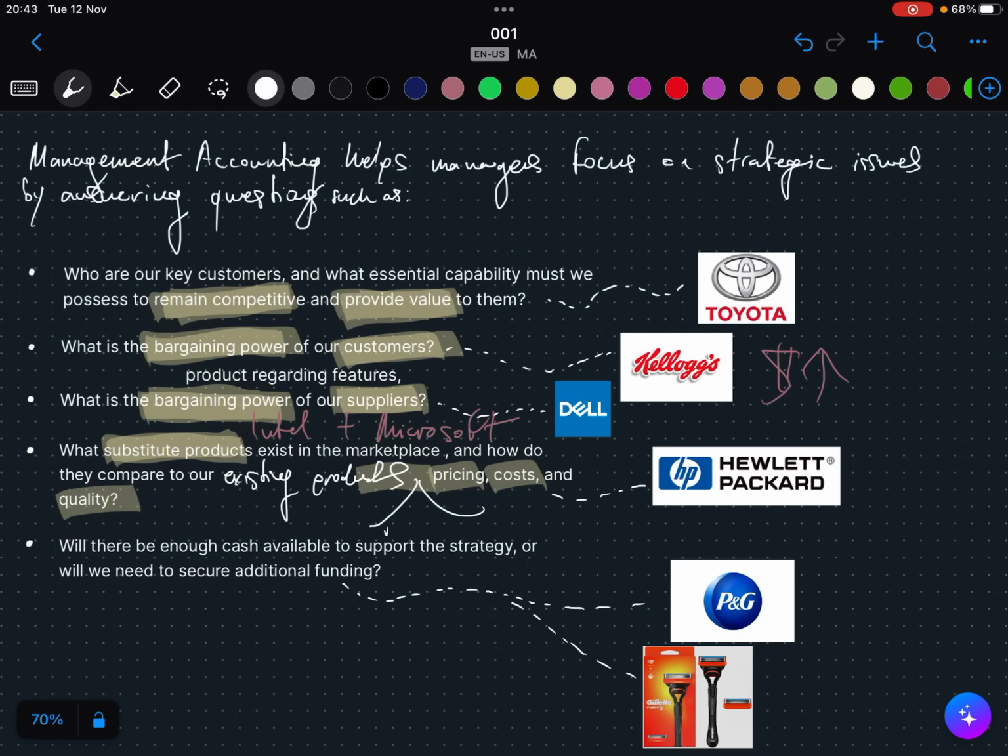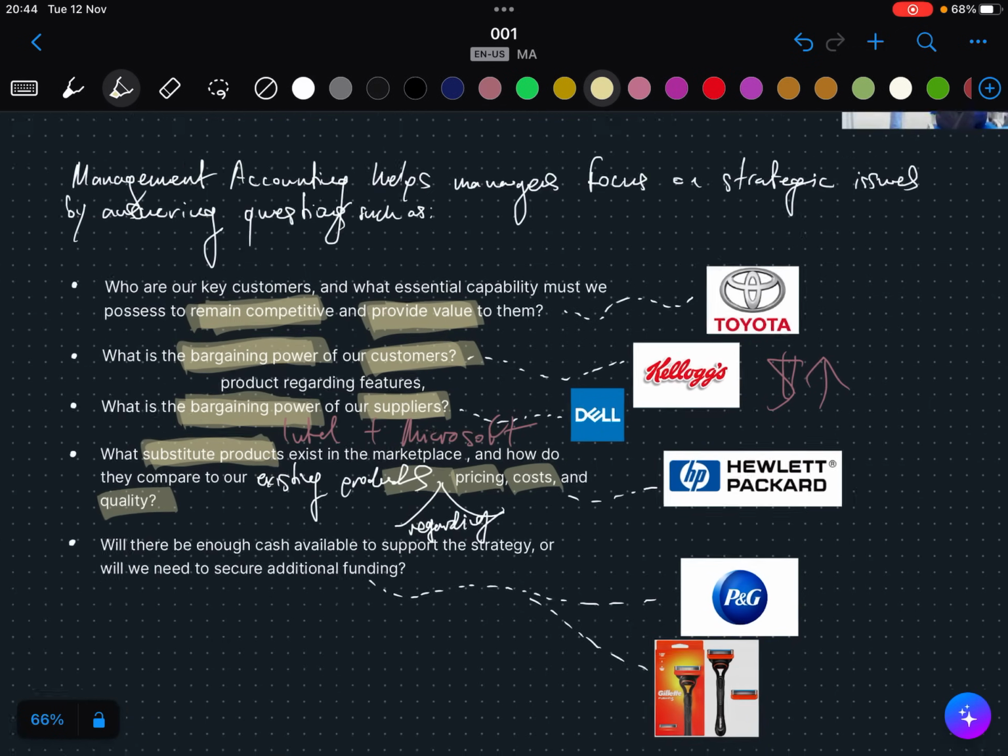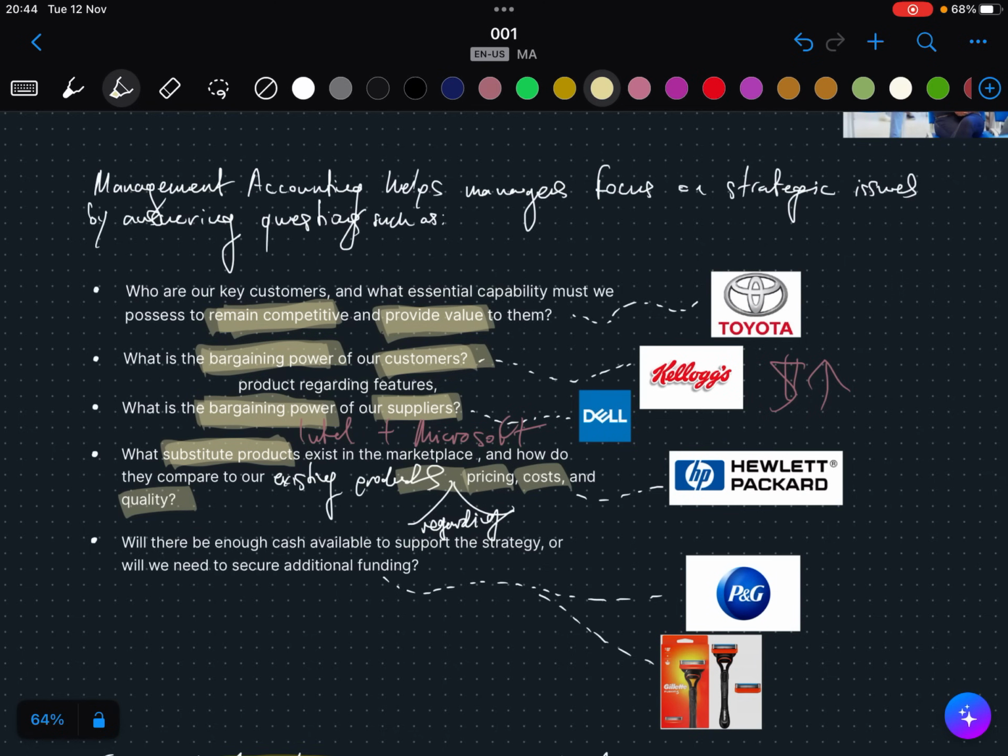And I believe it's regarding pricing, costs, and quality. Well, if we think of Hewlett-Packard,